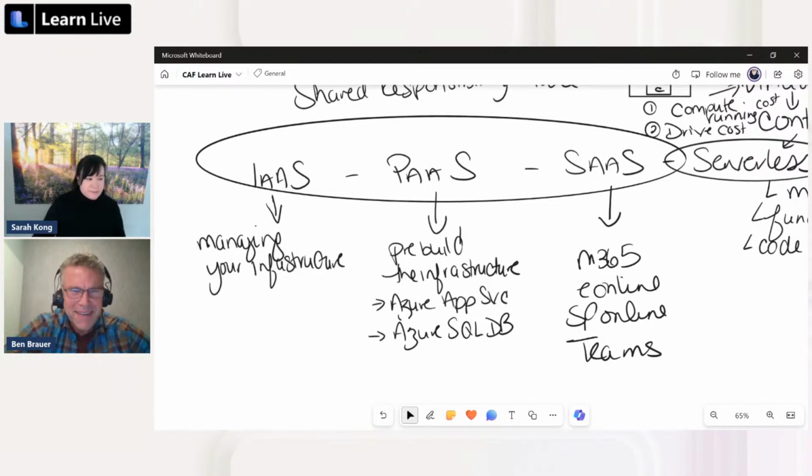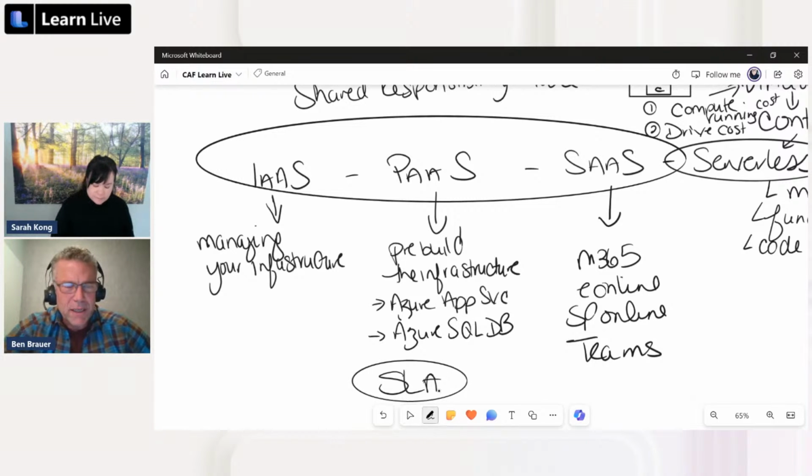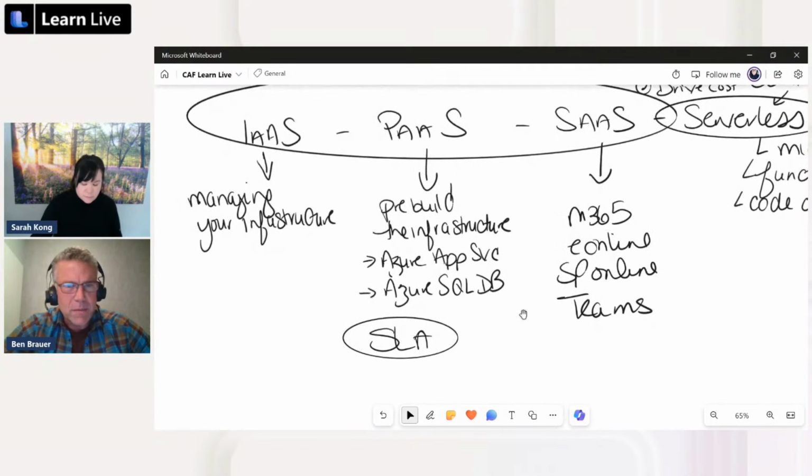Anything else that I could miss there? I think the only other thing I would point out with this concept here, going along the spectrum you're seeing, is the kind of service level agreement that you would have with Azure and Microsoft. So the typical service level agreement in an IaaS scenario where you're managing the infrastructure yourself is going to be a much larger, well, let me say it differently. It's going to be minimized to just the platform, where the service level agreement will be focused on how is Azure running as a platform, and that's going to be related to things like,